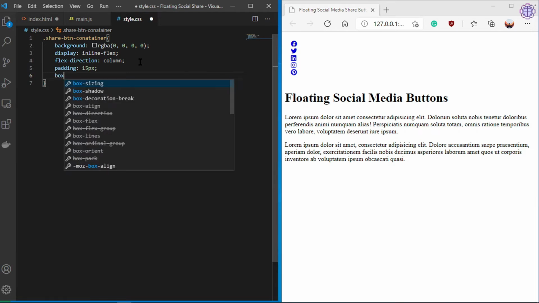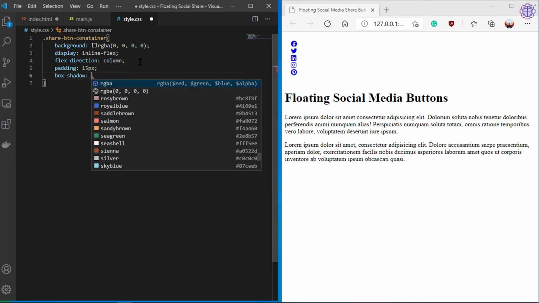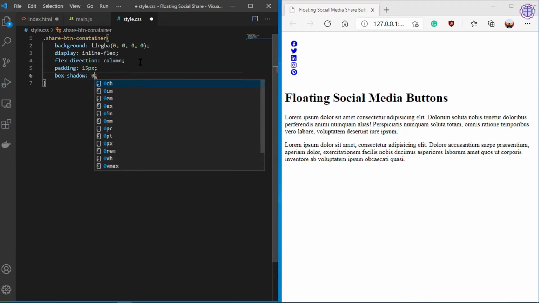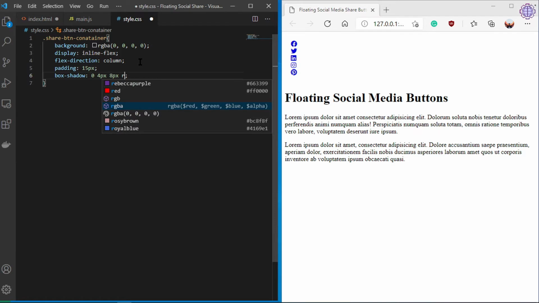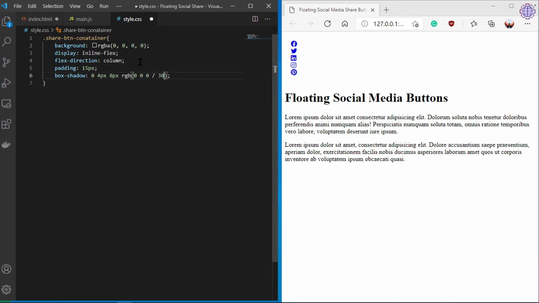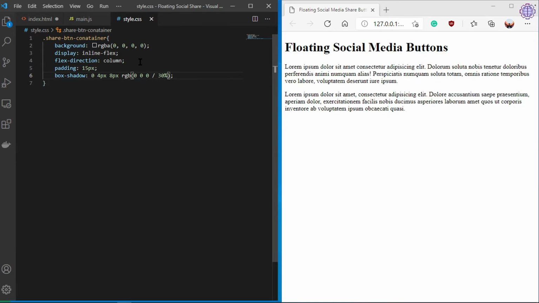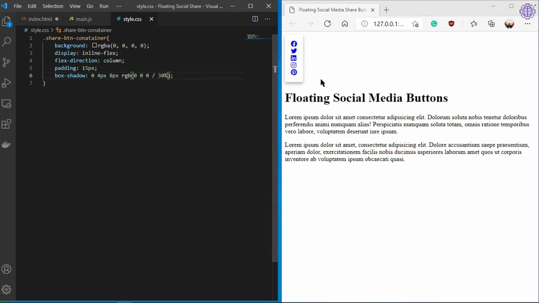Now we are going to give the box shadow, and box shadow would be 0, 4px, 8px, and color would be a RGB, red, green, blue, and the hex would be 0 0 and 0 to 30%. Okay, it's 12. Okay, you can see some